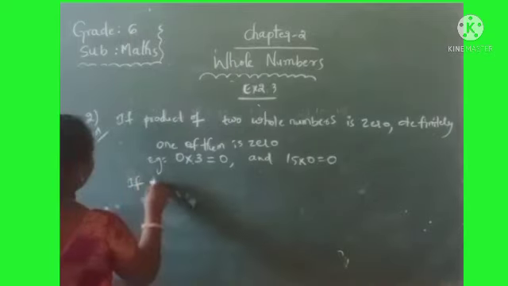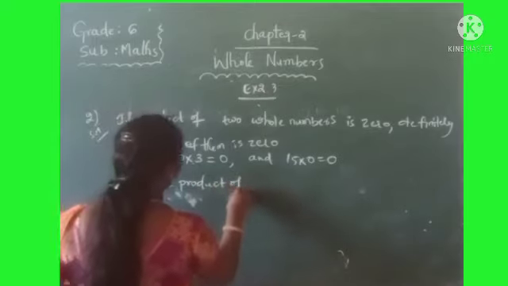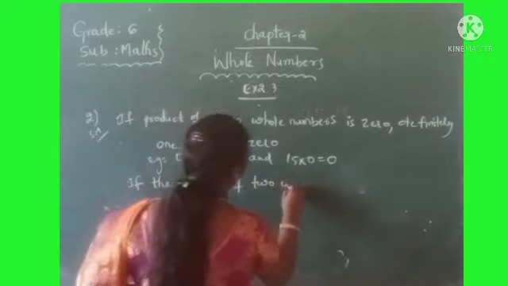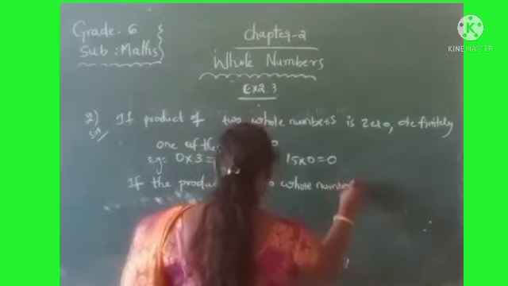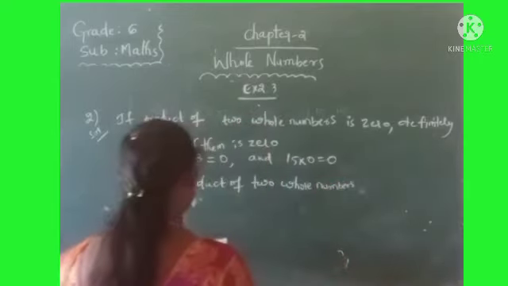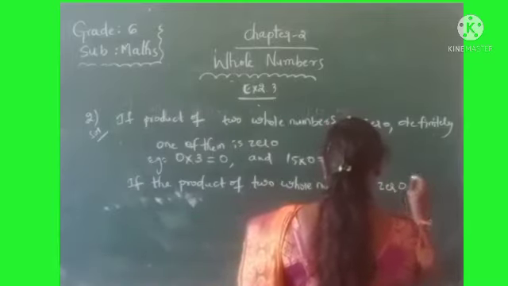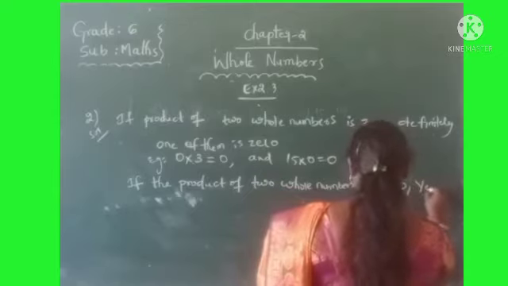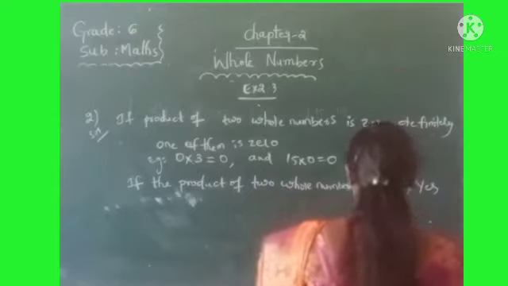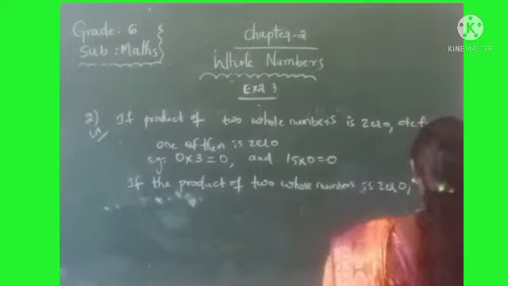If the product of two whole numbers is 0, yes, we can say that both of them